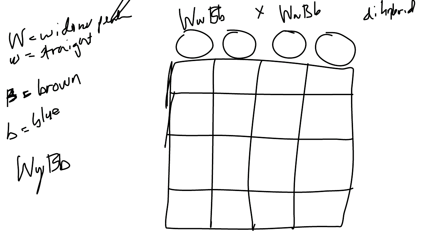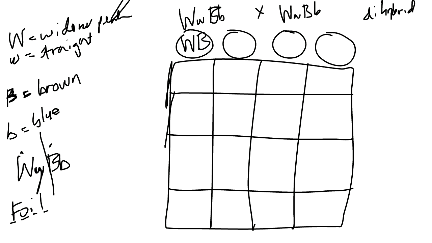sorry, that's supposed to be a W, my pen went crazy. And if you haven't heard of the technique called FOIL, that's what we're going to use. So it stands for first, outer, inner, and last. So if you think about this as being two traits, right, we're going to take the first for both traits, so that would be capital W, capital B.